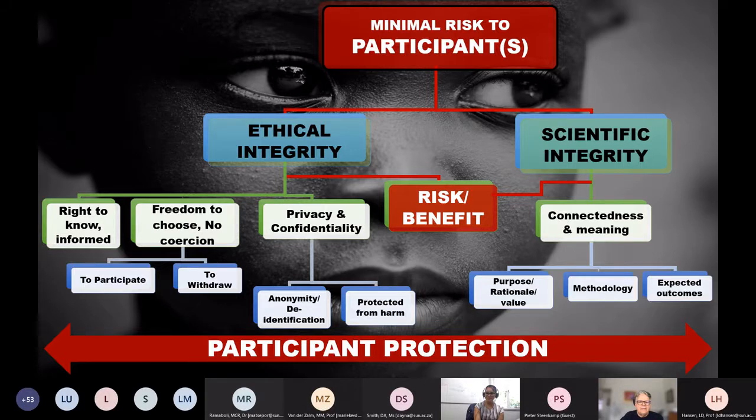So in summary, the huge thing for us is the minimal risk to participants, if any, which relates to ethical integrity and scientific integrity. The risk benefit is a key matter, and then the 4 matters related that I have discussed with you. So if you're interested in the slides, we'll give you a kind of a summary of